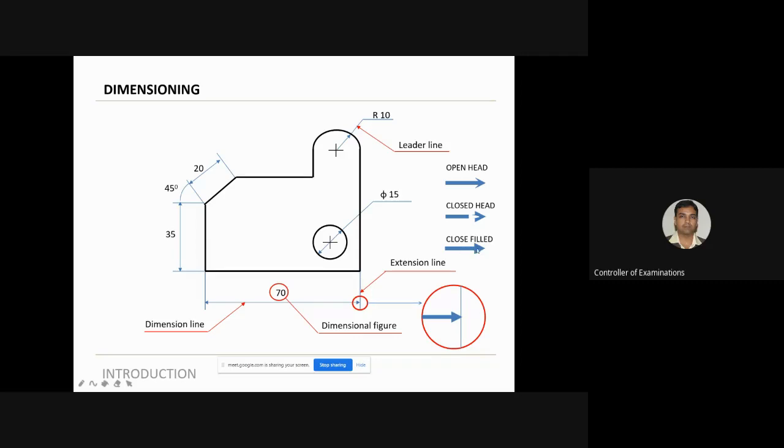So it is closed, there is no gap anywhere as you find here, and it is not open, it is completely filled. You can see the triangle. It is completely filled. This is the type of arrowhead which is generally recommended and used in drawings. Not that you cannot use the other ones, but these are what are recommended and these are what look good on the drawing.